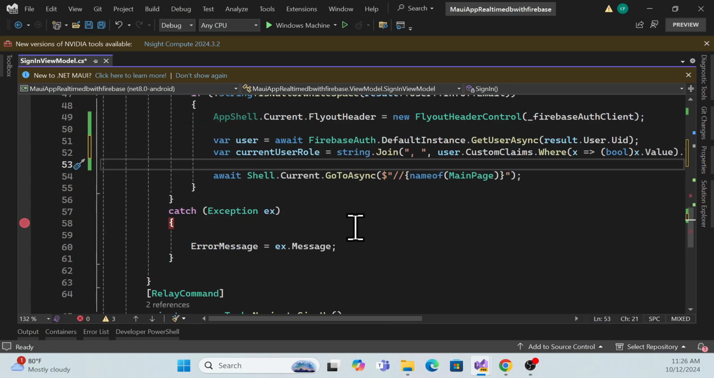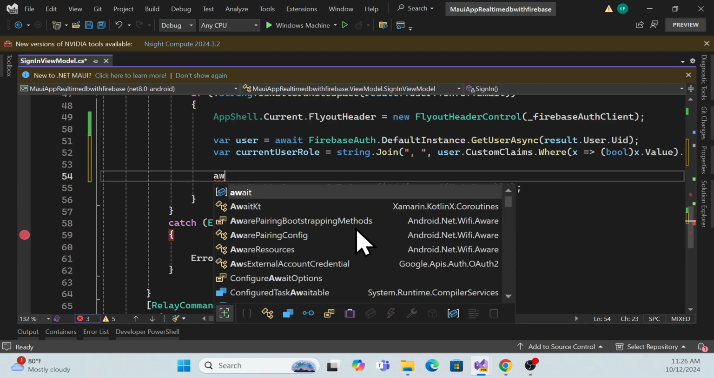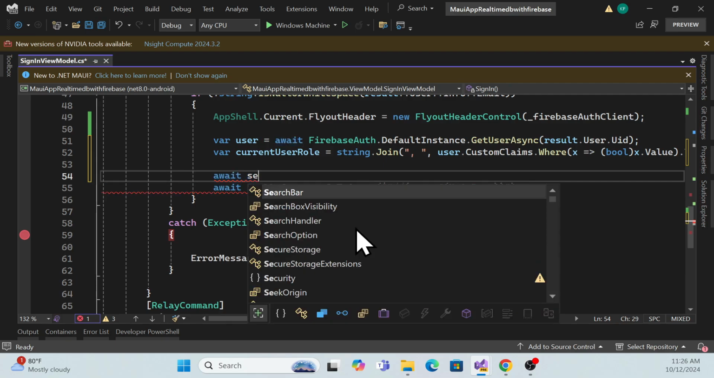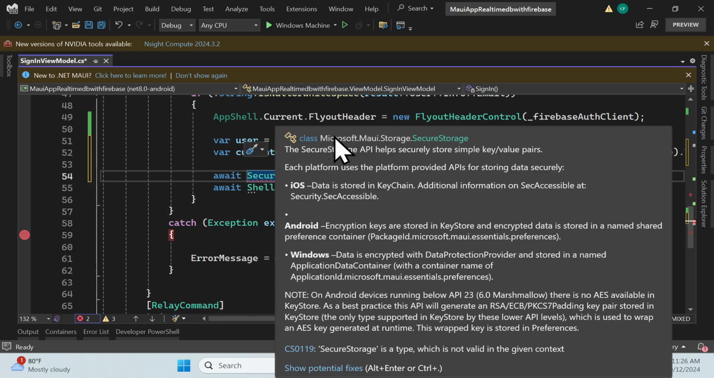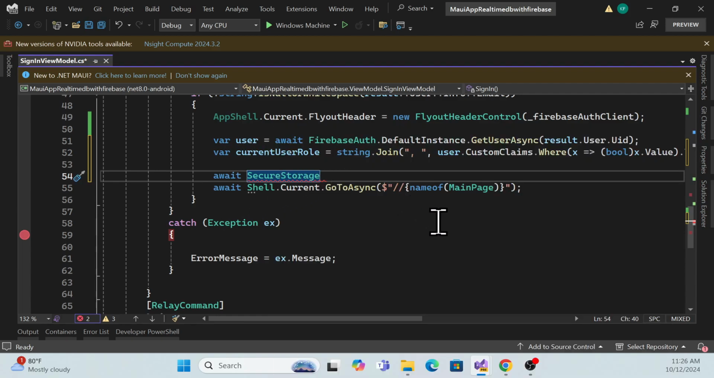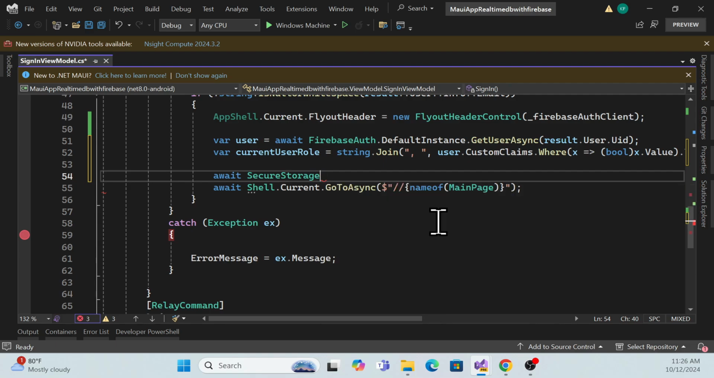So how we can do that, it is very simple. Again I will use that await, and in this await we have that secure storage. So this is secure storage, actually this is a Microsoft MAUI storage, secure storage as a package, but it is automatically available in this .NET MAUI. So we can use this package and use that set, or you can just use the default, right? Local storage and then secure storage,